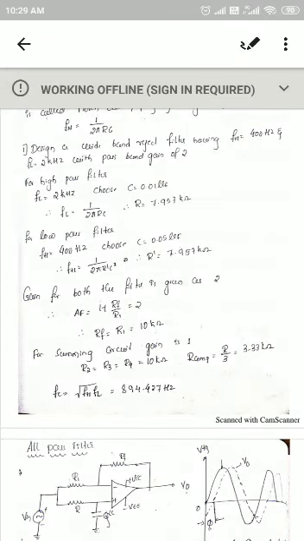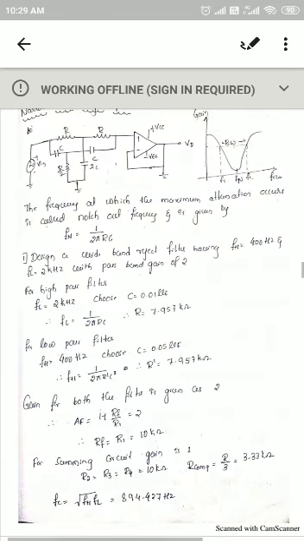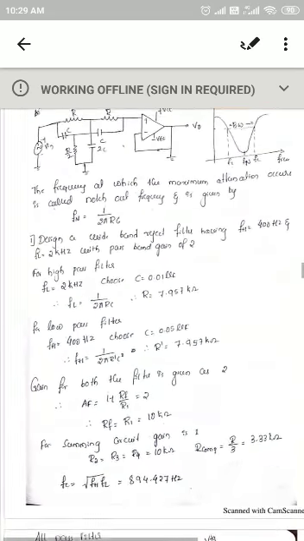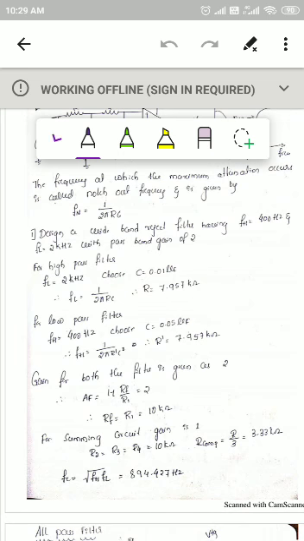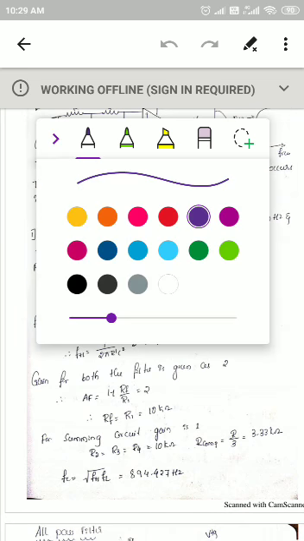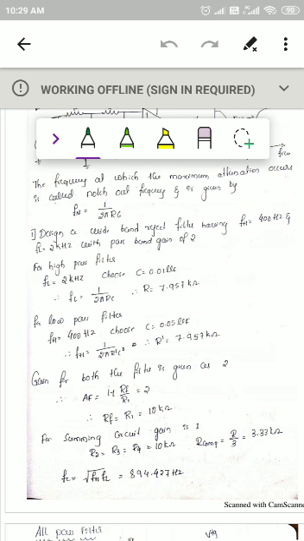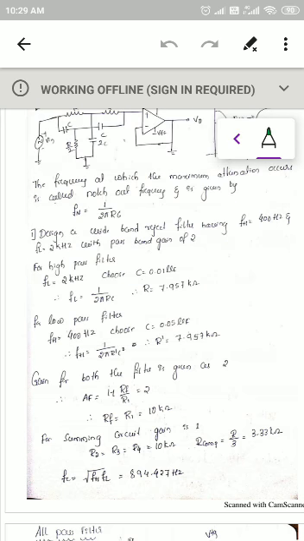Yes, good morning, students. In the previous video, we had a discussion about the band reject filters, where we discussed the wide band reject and narrow band reject filters. Up to here we have discussed the narrow one, up to the notching frequency, or notch out frequency. The notch out frequency can be calculated by using the formula Fn is equal to 1 divided by 2 pi